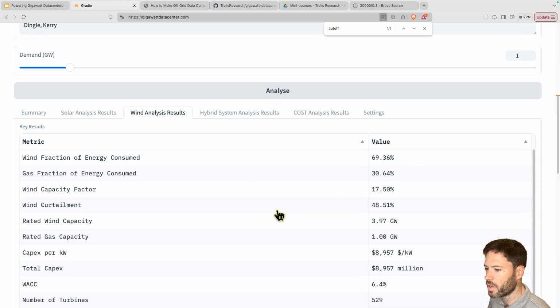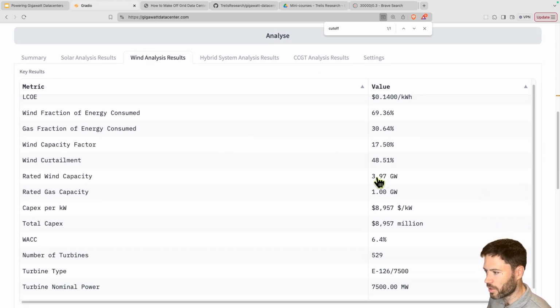So we're at 14 cents per kilowatt hour. And we're only building 4 gigawatts now for every 1 gigawatt. And our wind curtailment is about 50%. So we're throwing away about half of the energy that is generated by the wind turbines. But that's a lot lower than if we try to force much less gas on the